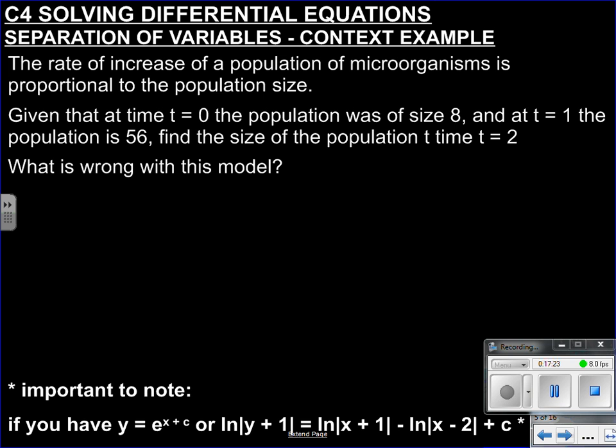Finally then, this time we're going back into forming our own differential equation and solving it, right? So the rate of increase of a population of microorganisms is proportional to the population size. So if we call P the population size,